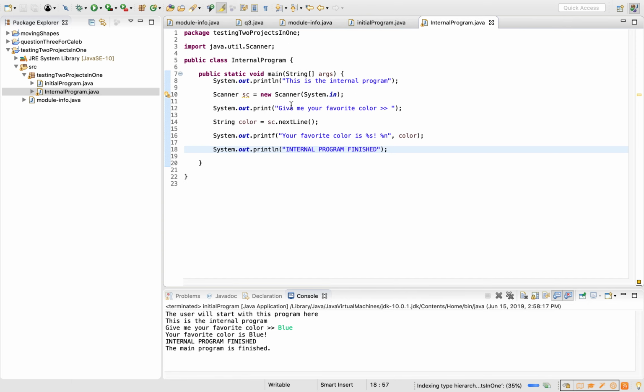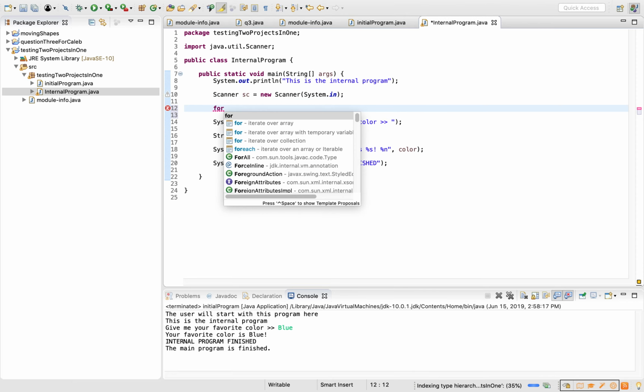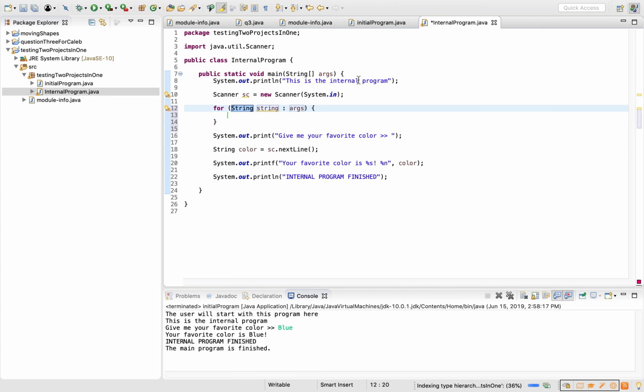And over here, instead of saying give me your favorite color, we're going to say for each question in the arguments. Now, args is referencing this array right here, right? And so this args is what we just passed in, and so what we should do here is we should sysout. Now we want this to be a printf,